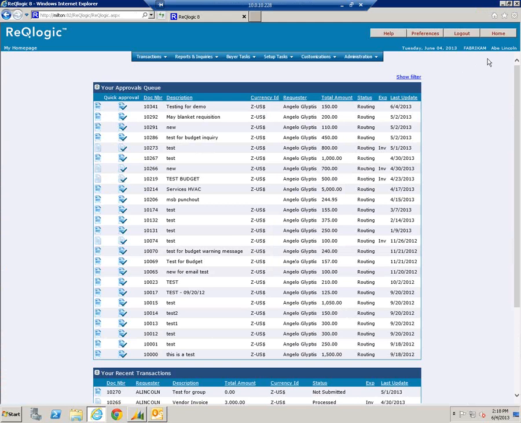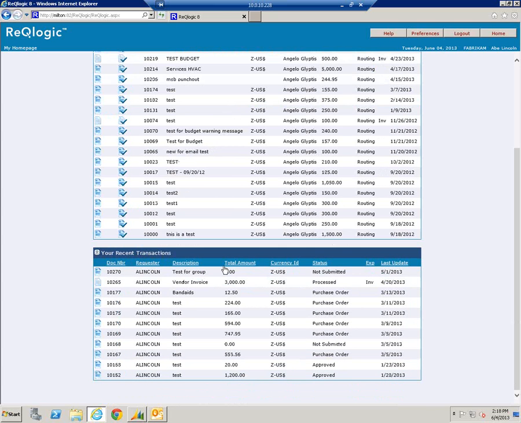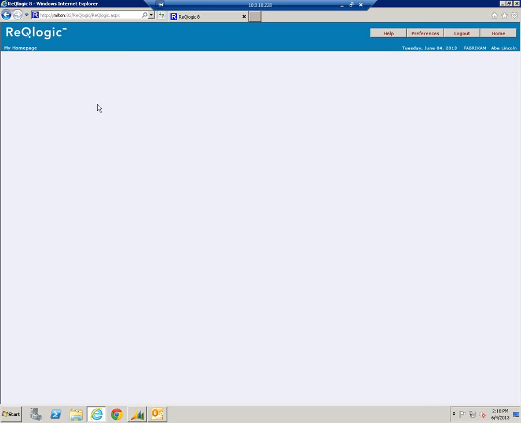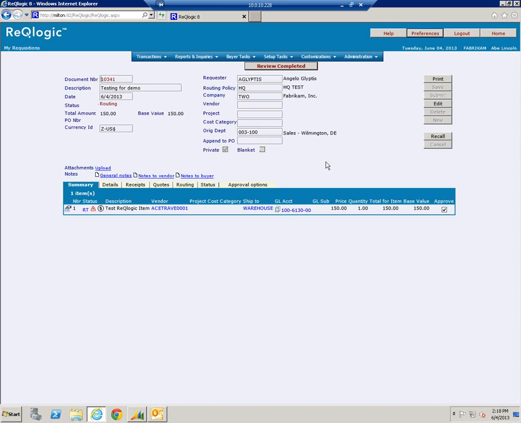So I'm logged in as Abe Lincoln, and Abe Lincoln sees in his interface here his approval queue. So as the Glyptis user, we saw your recent transactions. Well, it just so happens that A. Lincoln is also an approver, so he wants to go in and look at the transaction that just came through from A. Glyptis for $150. It says that it's routing. So when I select the transaction, I can virtually see